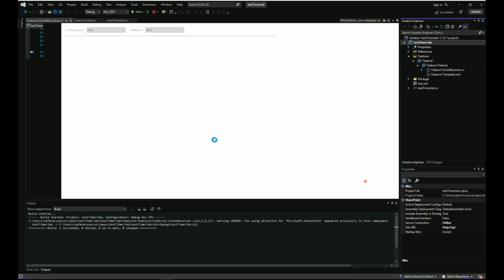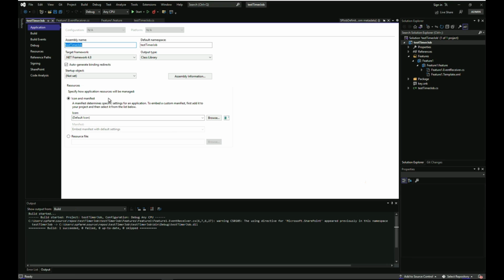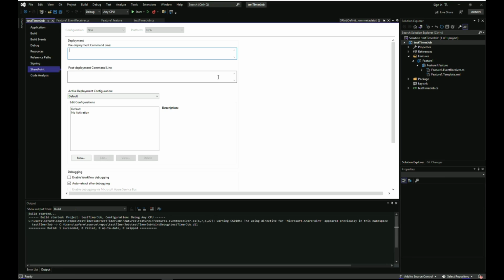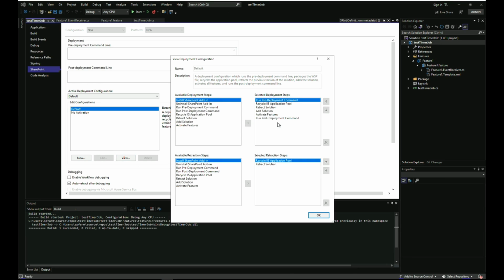If we go to properties, SharePoint, view. So those are the deployment steps which are available, and those are the deployment steps which actually will be executed once we click the deploy button. Same, we have